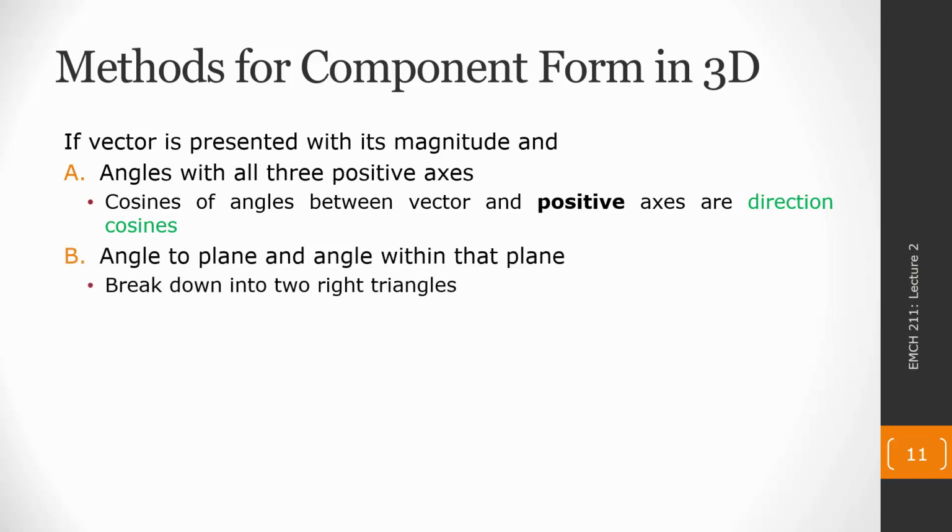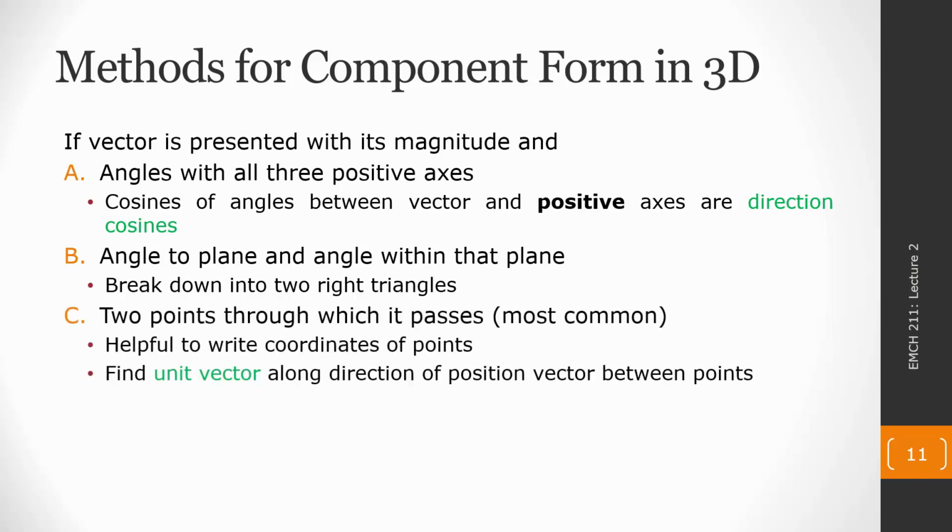Now, possibly we're given the magnitude of the vector and then the angle it makes with a plane in our coordinate system, and then the angle it makes with an axis within that plane. So kind of similar to case A, but we have an angle to a plane and then an angle to an axis, rather than the angle to all 3 of our positive axes. And what we'll be able to do in the example is break this down into 2 right triangles. Again, typically we don't see case B either for this class in how a 3D vector is going to be represented. Most of the time we are going to see case C,